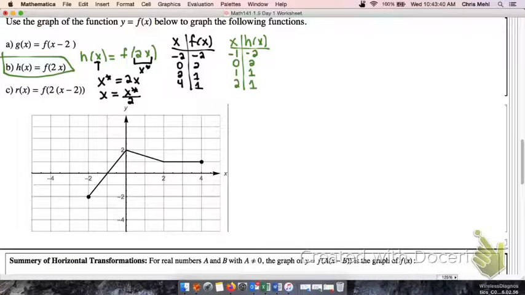So when x is -1, I get -2. When x is 0, I get 2. So what you're going to notice is that point in particular, you're either stretching or compressing towards or away from the y-axis. So if you're already on the y-axis when you do a scaling, those points don't move anywhere. Now when x is 1,